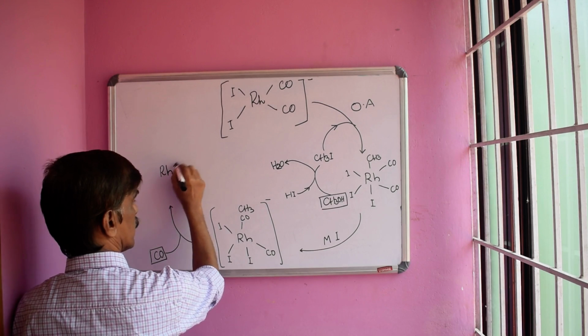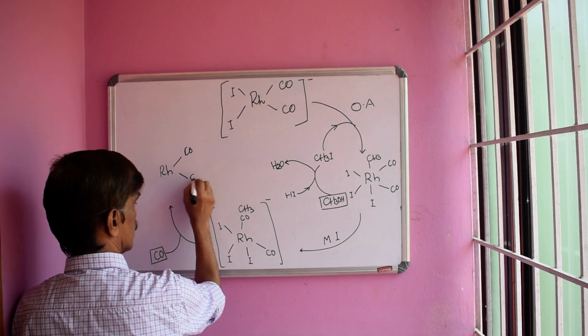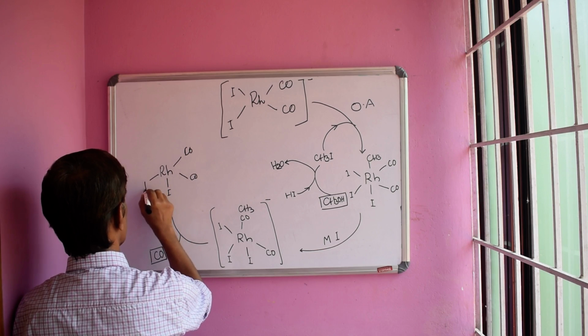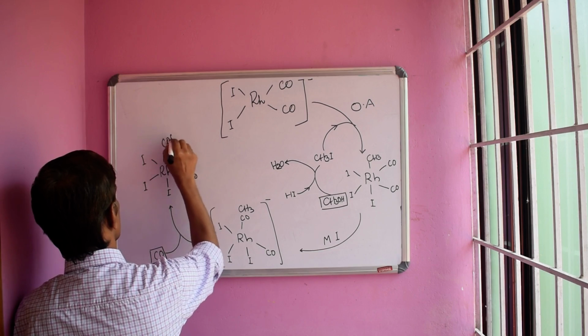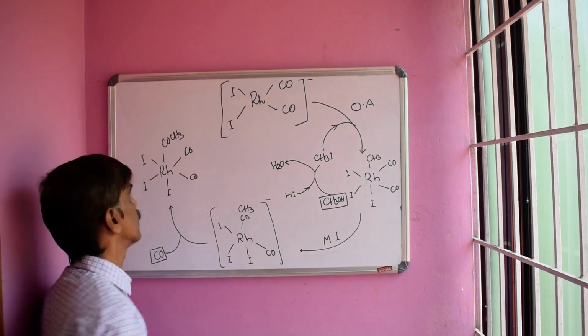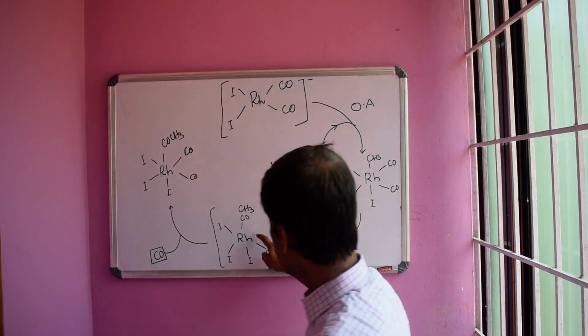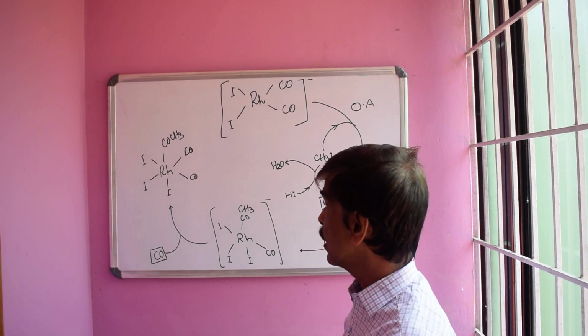Rh will get one CO here, a second CO is there, and we have three iodides and one COCH3. This vacant position is occupied by the newly added carbon monoxide. And the next step